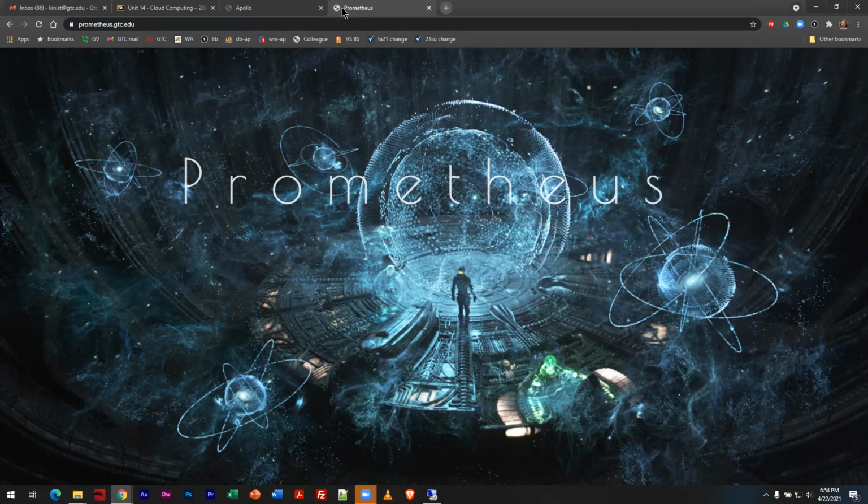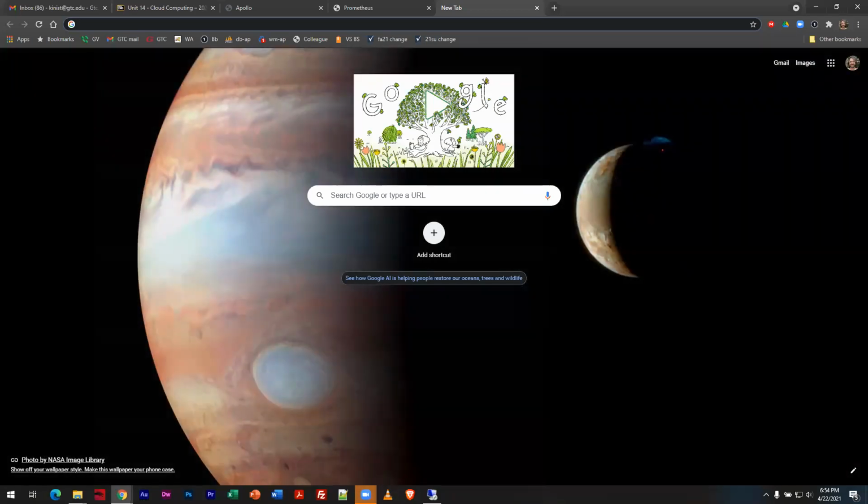But this server is a virtualized server. So it does the same thing Apollo does, but this is not a physical computer I'm connecting to. It is a virtual machine that sits on top of a physical server. And so what I'm going to demonstrate for you now, and I do have to do this via IP address,